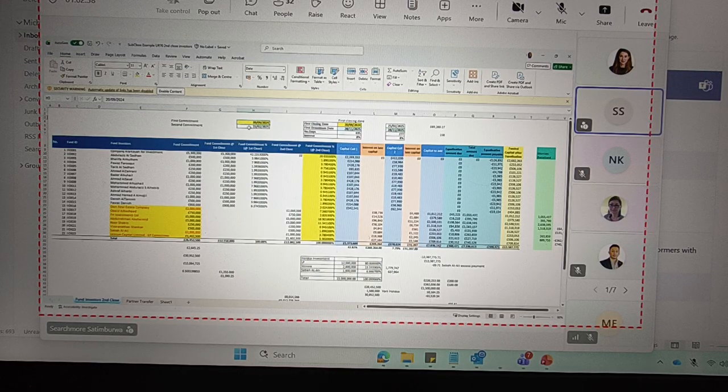You will be compensated for holding that investment, even though the actual cash which you contributed might have come in on the 28th. So in a nutshell, that's what it's saying. But the issue we have now is the commitment in the system is showing as the 28th of November 2025, which is different from